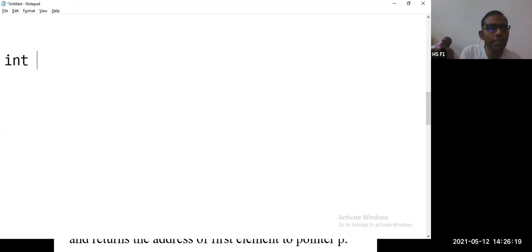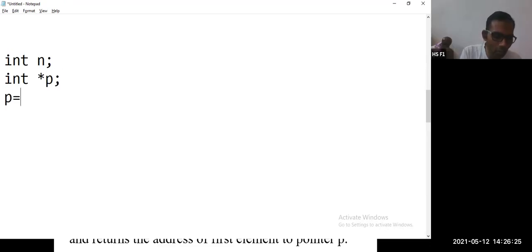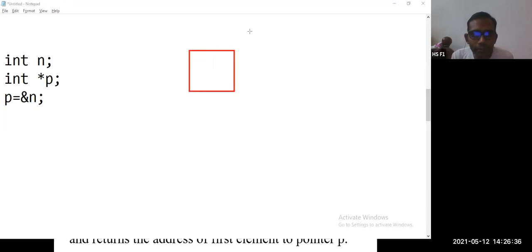So if integer n is there, a variable, and integer star p is there, if you write p is equal to address of n, what exactly is going to happen internally? We have a memory location called n. The name of the memory location is n, and it is having some associated address, say 1000.